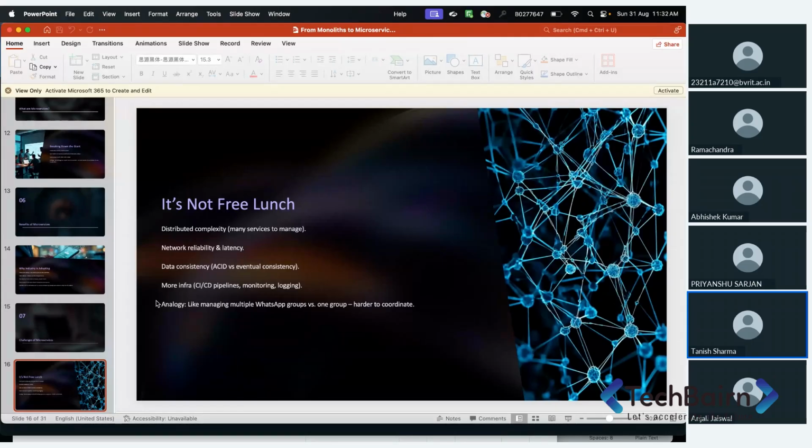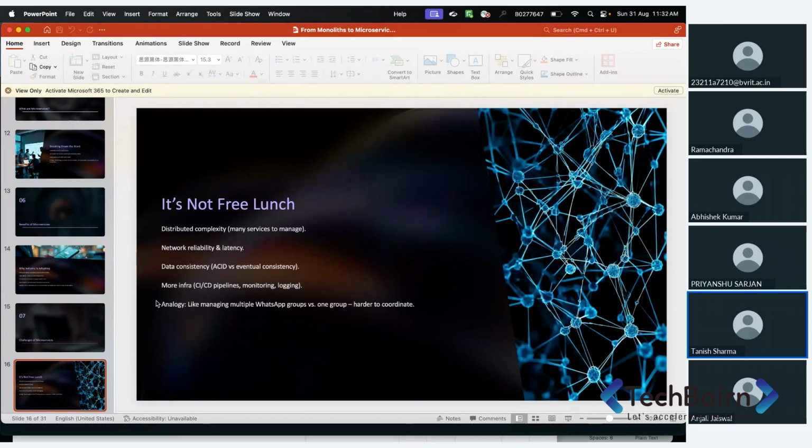You are not just copy-pasting the same infra credentials or values for the different services. Now you are making whole new services, and different infra would be there,